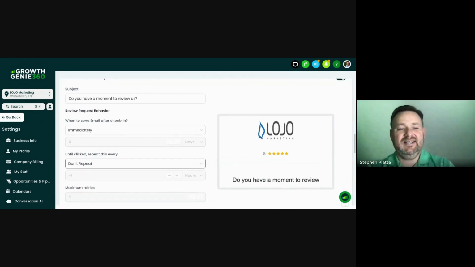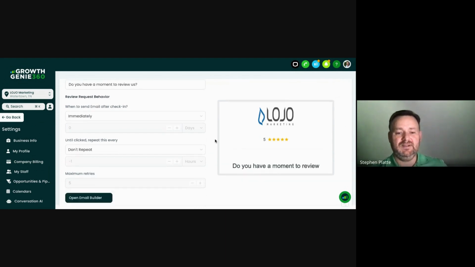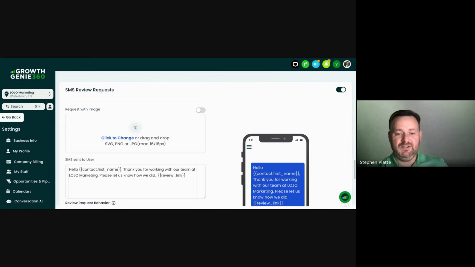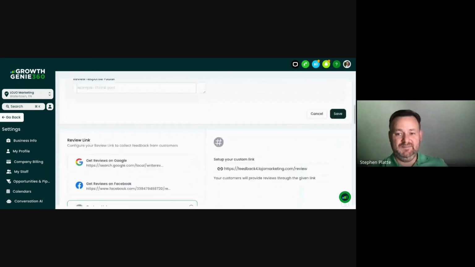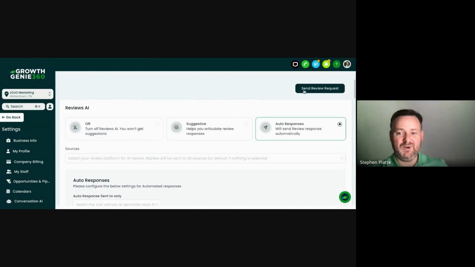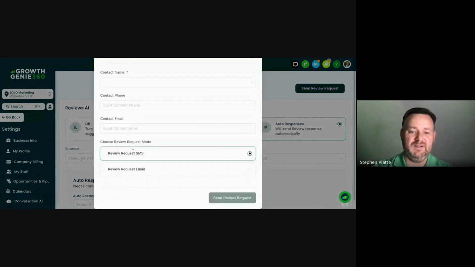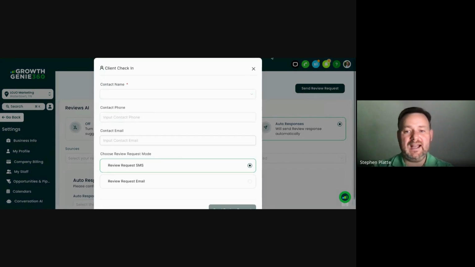But I'm going to move past that, and I'm going to jump back to that and talk a little bit about these templates. So this is your template for your email and for your text message. So if I go up at any time and I click on send a review request, it's going to say, well, who do you want to send it to? What's their contact name, phone number, email, and do you want to send a text message or an email? If it's just a quick interaction like that,